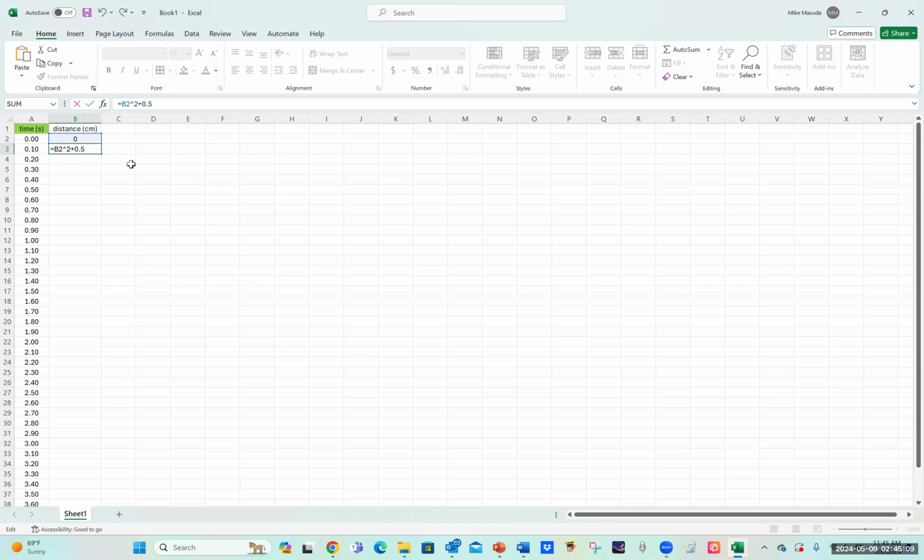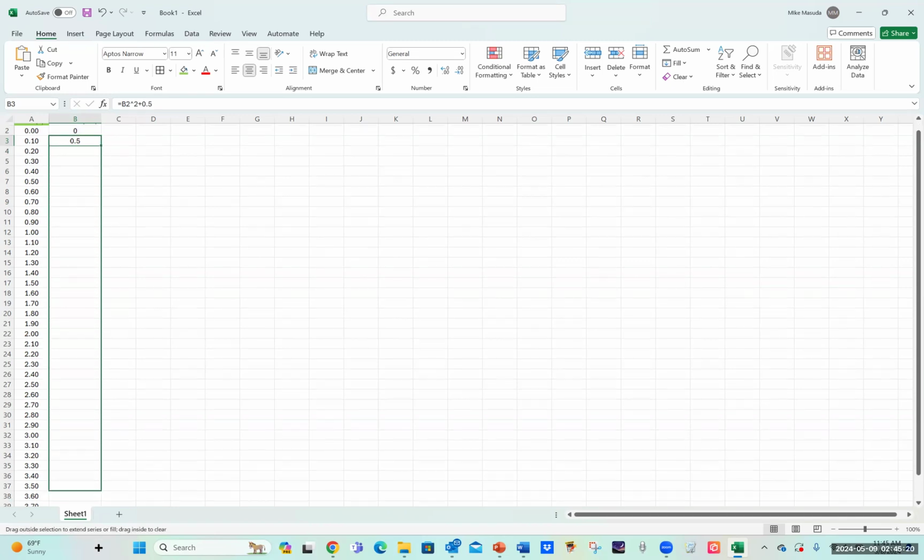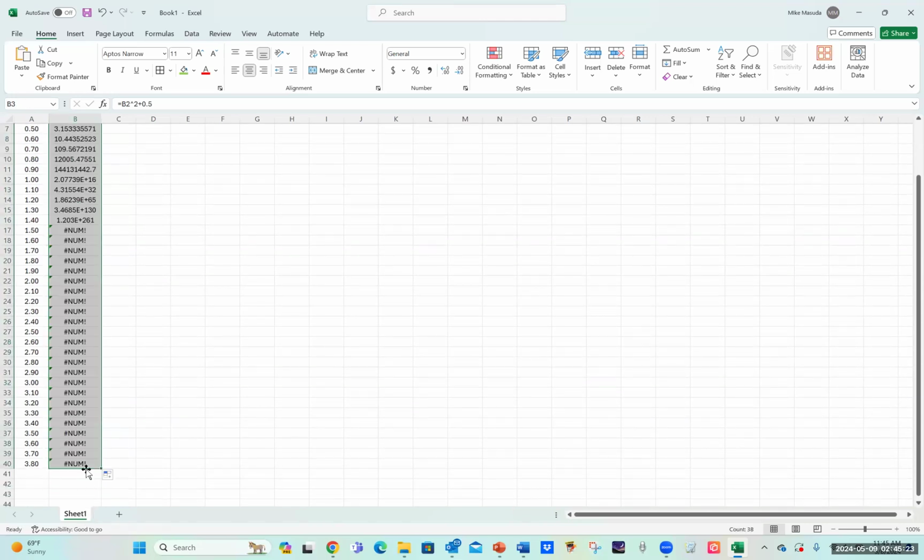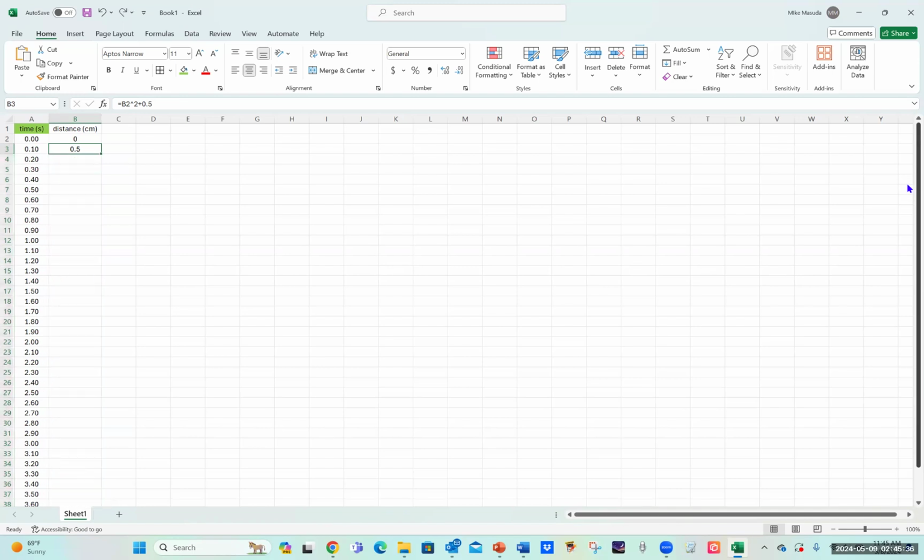Okay, so this will give us some number here, right? So you hit that, it becomes 0.5, but it won't be 0.5 every single time. It will increment up pretty quickly to be a bigger number. All right, and so we end up with a fairly large set of numbers there, right? Maybe this is too much. Okay, it looks like this thing is exceeding the values here way too high. So we should probably not do this. All right, so let's undo this. And let's pick something a little bit easier. Okay, so for the moment, let's just pick this B2 plus 0.5, and we'll use that as our increment